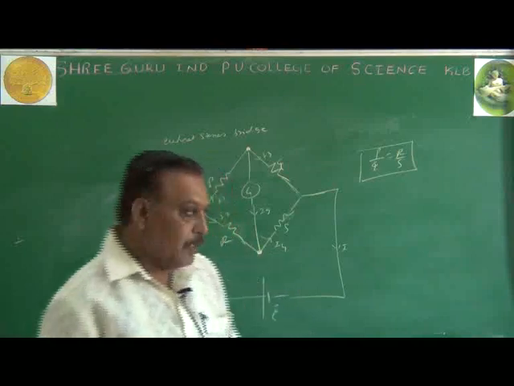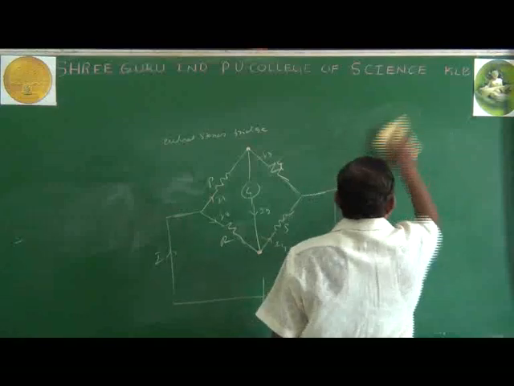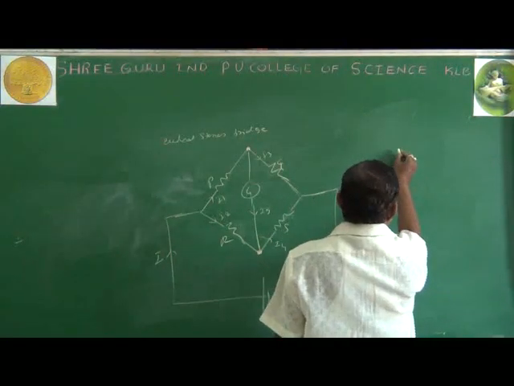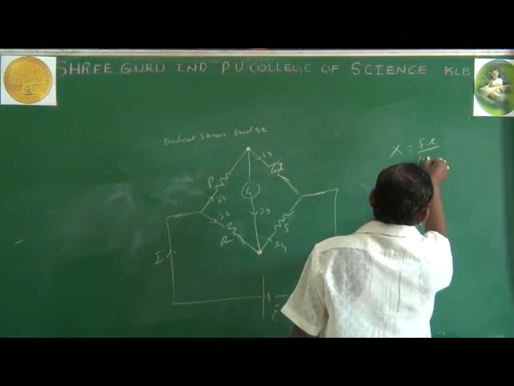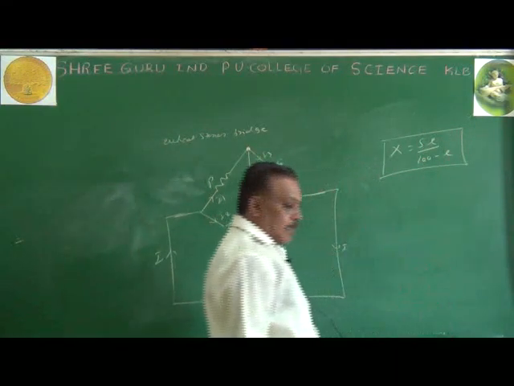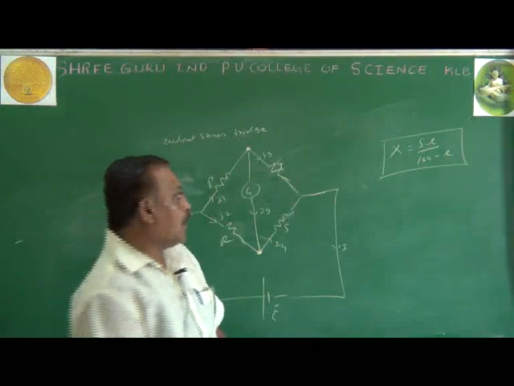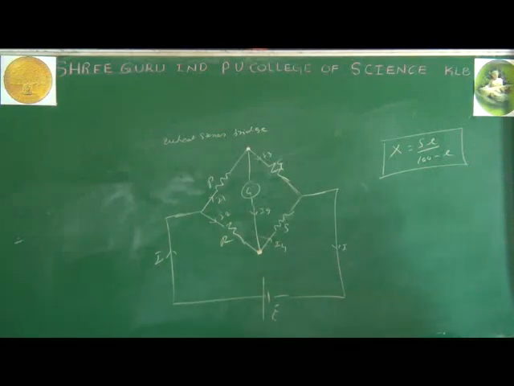So, by using the meter bridge, with the balancing condition P by Q equals R by S, the unknown resistance X equals SL divided by 100 minus L. This is calculated by using the meter bridge, where S is the standard resistance connected in the right gap, L is the balancing length, and 100 minus L is the remaining length after the balancing point. Then unknown resistance X equals SL divided by 100 minus L. It is in terms of centimeter. If it is in meter, 100 centimeter is 1 meter, so it is 1 minus L.